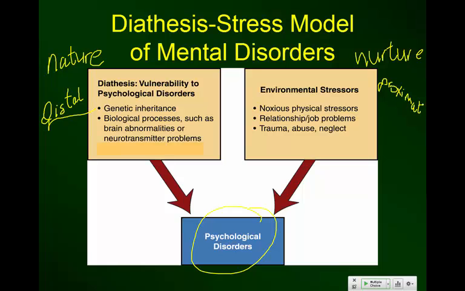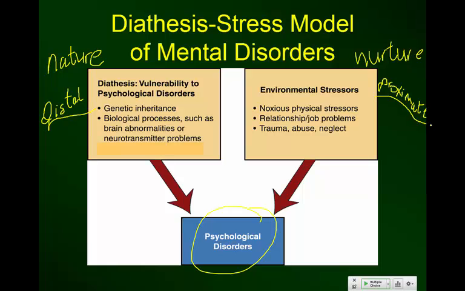Okay, these are the more immediate causes. A proximate cause is kind of the final straw. It's the trigger that leads to the development of depression. So this model says it's not one or the other, but both of these factors, where maybe you have a vulnerability to depression because of a neurotransmitter imbalance. Your serotonin levels are lower than we would want them to be, for example, as we'll talk about today. And then some of these negative life events are the more immediate or proximate causes. Okay? They trigger the development of the psych disorder, but that wouldn't happen if you didn't have these distal causes